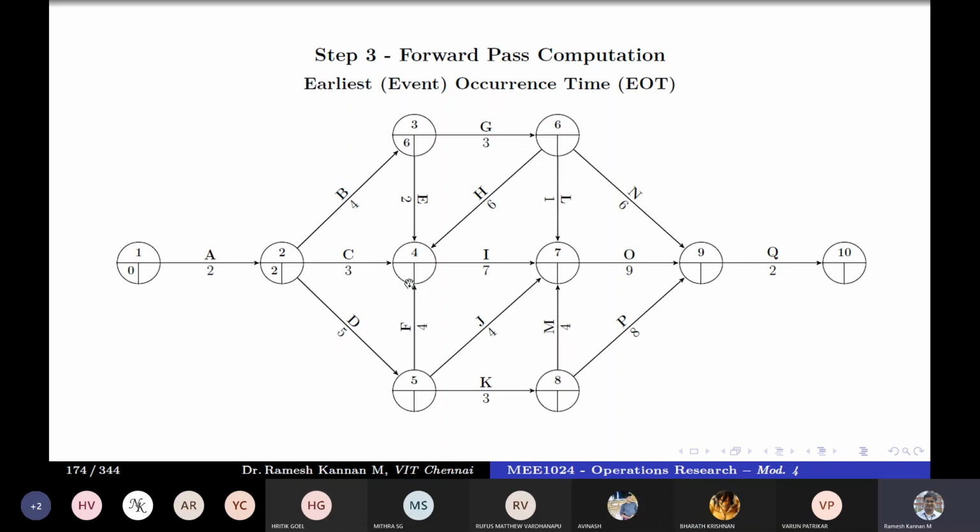Then if you see this particular thing, it has dependencies from 3 to 4 and 6 to 4 and 5 to 4. So it means that it has got almost 4 dependencies. This 4 to 7 is leaving, right? So we don't take it into consideration in a forward pass. In a forward pass, we'll be looking into the arrows that are emerging or pointing towards that event, right?